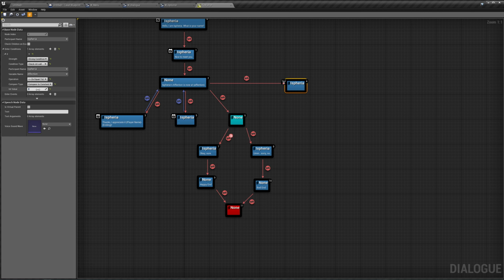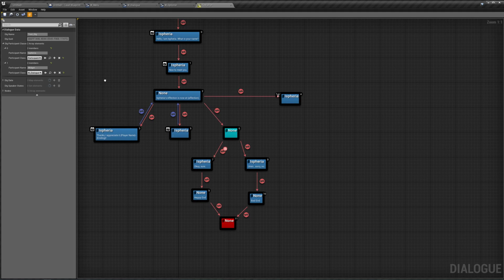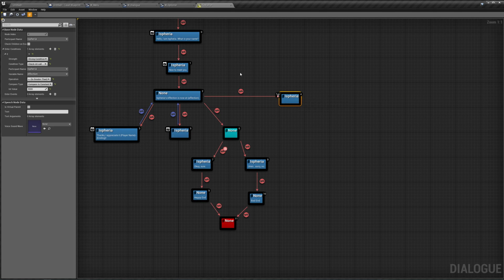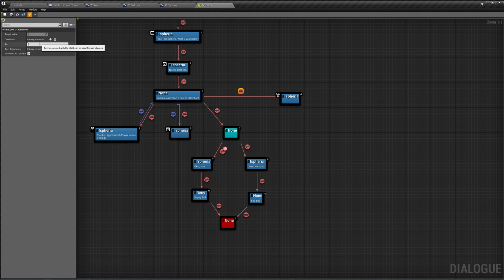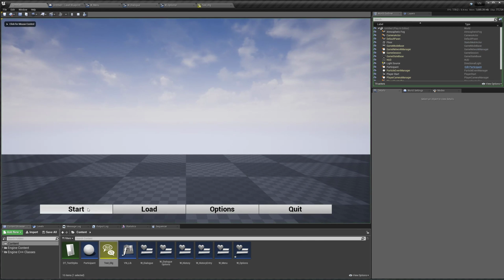Affection is equal to, let's say, 9. It's over 9,000. So if it is greater than 9,000, we can enter here. The text will be, it's over 9,000. Save, play, start,